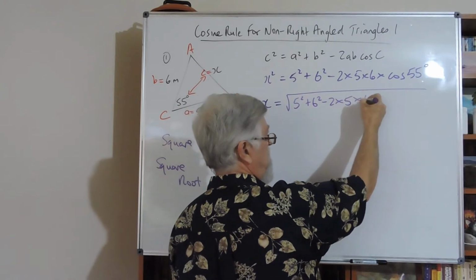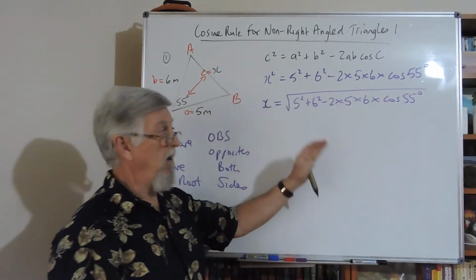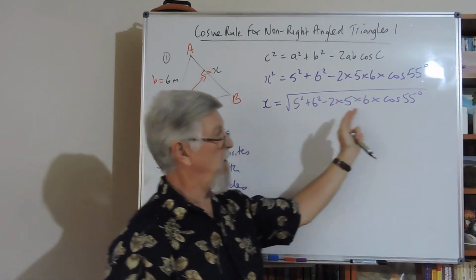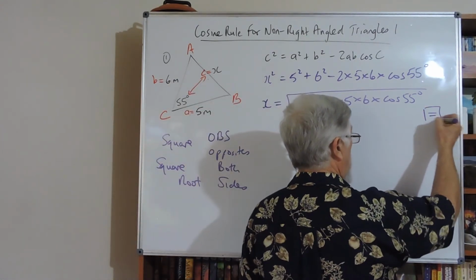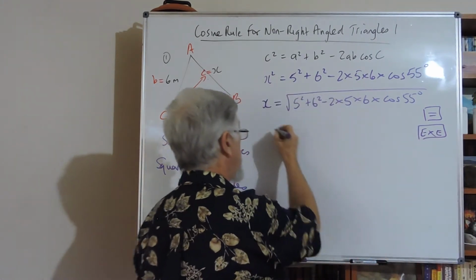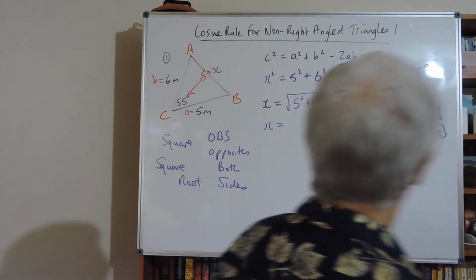The good part is you can just type it in your calculator. Just go from left to right. So you get 5 squared, then plus the 6 squared, and just keep typing it in. And when you're finished on most calculators, you can press equals. Some calculators, like the ClassPad, you can press Xe, and it'll tell you the answer to the question, which I've already calculated here. And that's